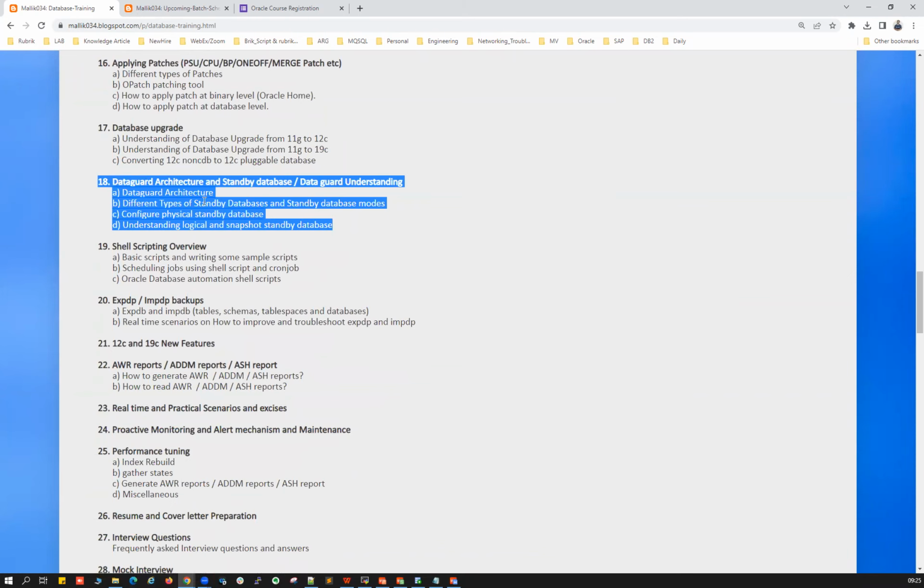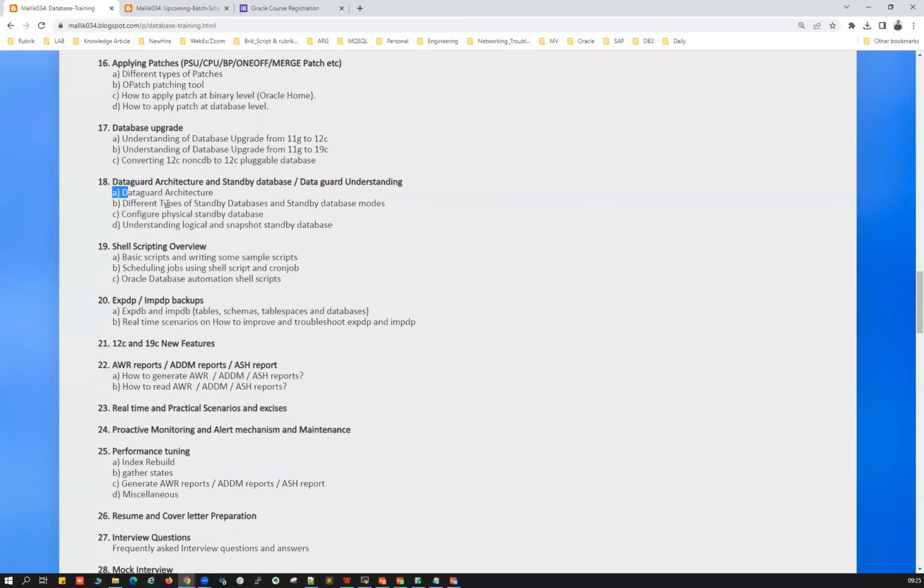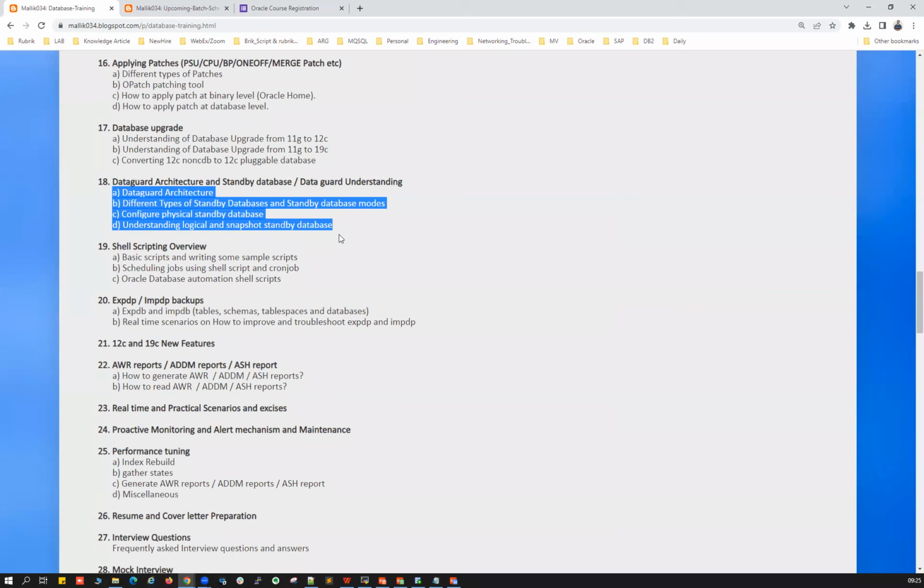So chapter number 18, Data Guard architecture. If you see, I mentioned only 4 points here. When it comes to Data Guard, we'll start from scratch. We'll build a brand new standby database for my production database, and we'll monitor the sync. We'll simulate if there's a sync gap between primary and standby, and how we're going to do the roll forward with incremental backup using a 12C new feature, service-based backup. And once your FRA is full, how we're going to deal with that.